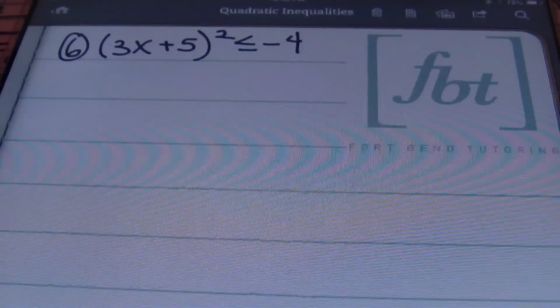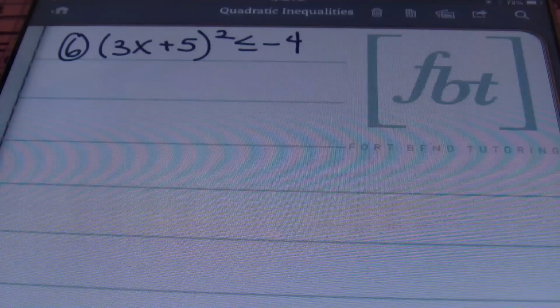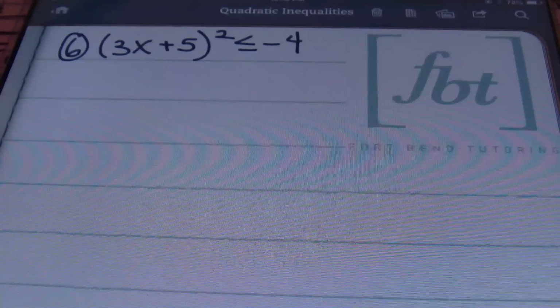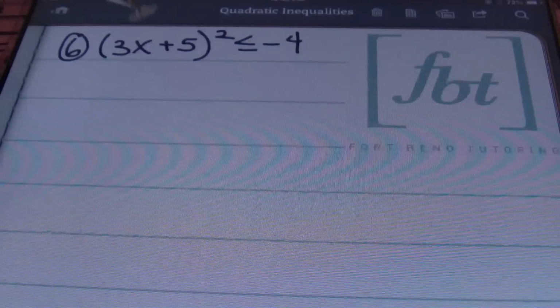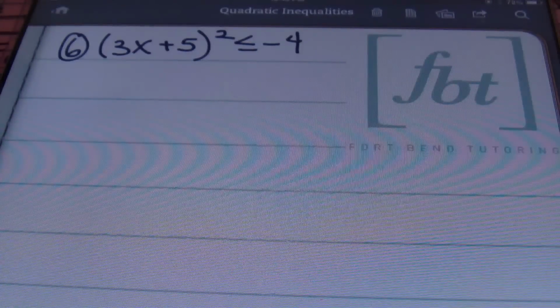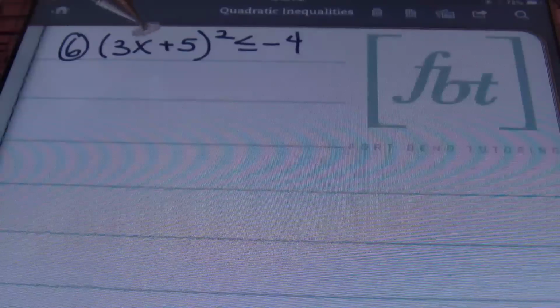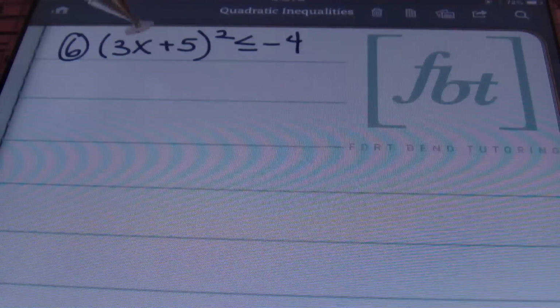Well, two things that we know about quantities that are raised to the second power is that the lowest value you can obtain is 0. The highest value is positive infinity. In other words, there's no way that this left side of the inequality will ever be a negative value. It's not possible. So therefore, since 0 or a positive number are the only results that you can get from